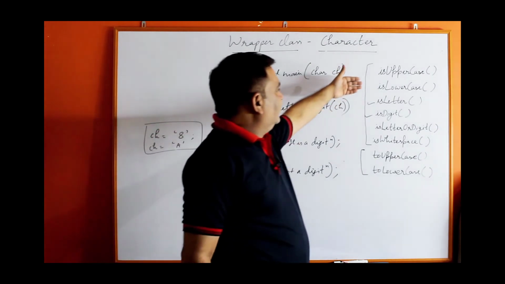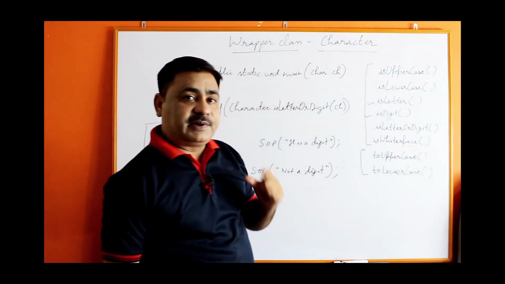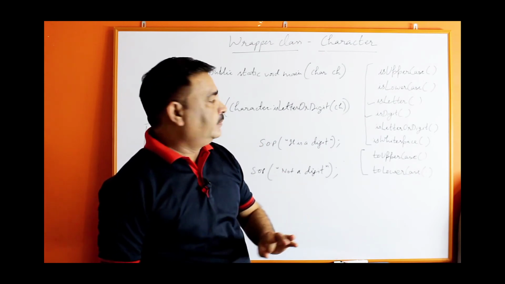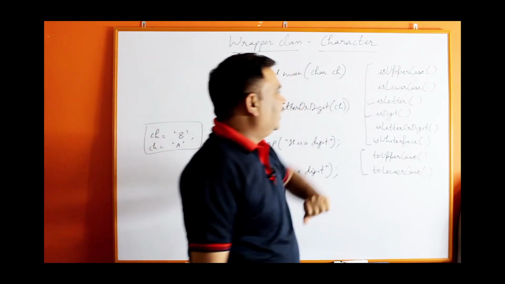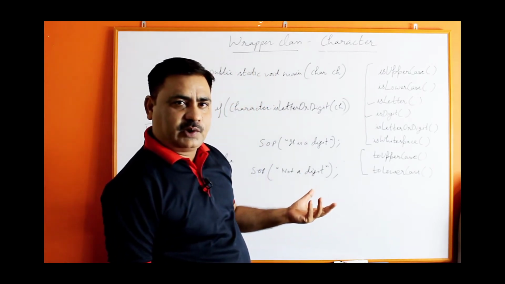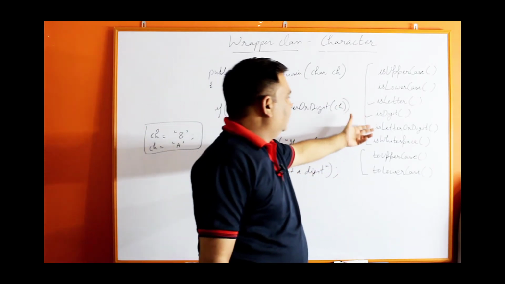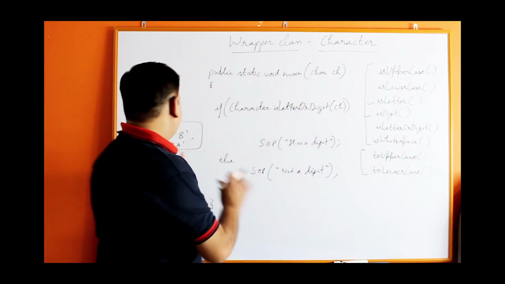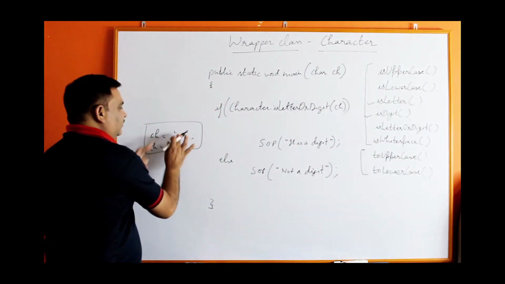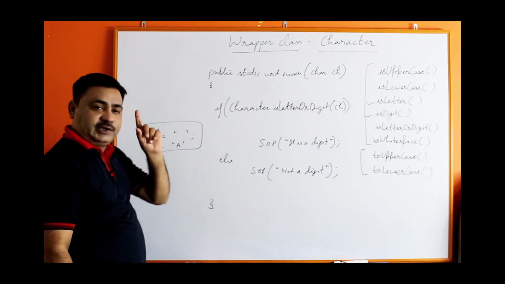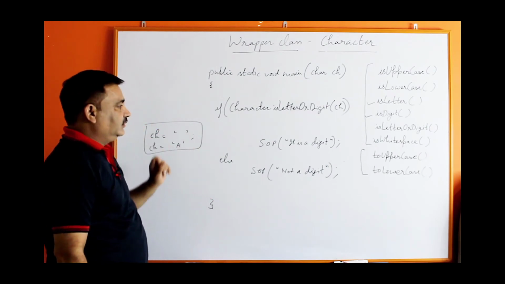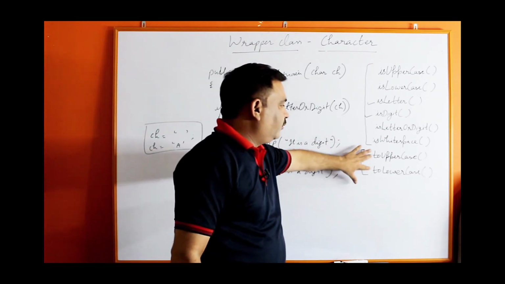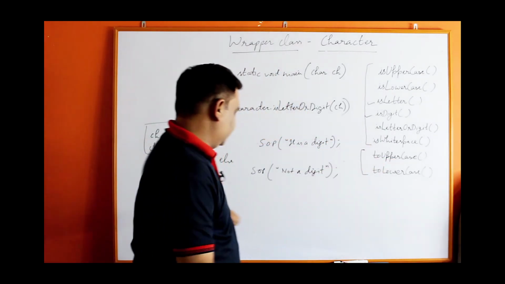So let's check isUpperCase. isUpperCase will only check whether the character is capital or not. isLowerCase is to check whether the input character is a small letter or not. isWhitespace is just to check whether the character is space. Space means space within single inverted commas, only a single character. If it is space, then it will return true. And now 2 more functions, toUpperCase and toLowerCase.